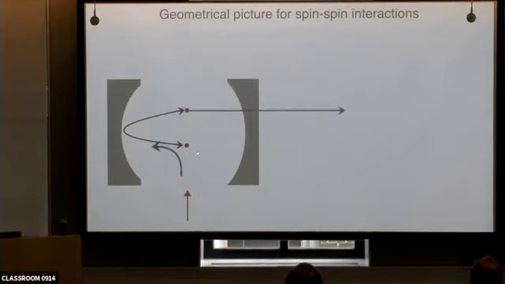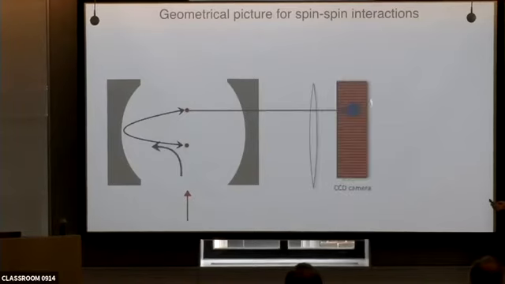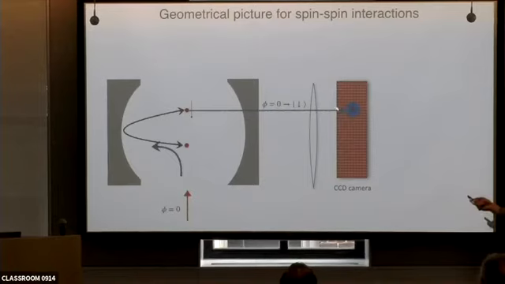But there's also another type of interaction that can happen, and let me motivate how we can see that. The light that comes off of this atom can resonate in the cavity, but it can also be imaged onto a CCD camera, and of course it has a local wave packet around it. Let's say the phase of the light that we send in is 0, and let's say that the state of this atom is down. Then the light that comes out of here will have 0 phase, which means it's down. So if we can read the phase of this light coming out, we can read off the state of this atom, all right?